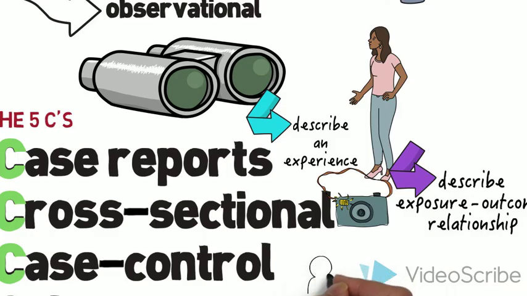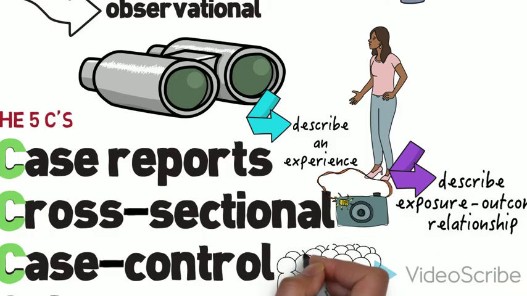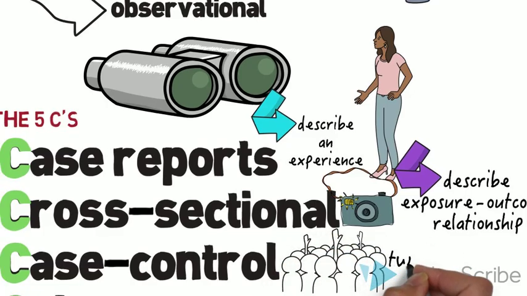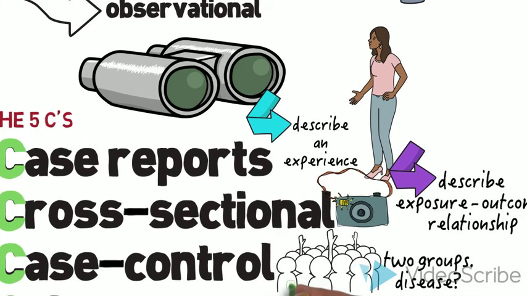You can describe what the exposure-outcome relationship looks like in your snapshot, but you're pretty limited in making any other conclusions. Case control studies are controlled studies that compare people with a disease, the cases, to those without the disease, controls, with regard to their history of exposure. Case control studies look back through time at potential exposures that both cases and controls may have encountered.